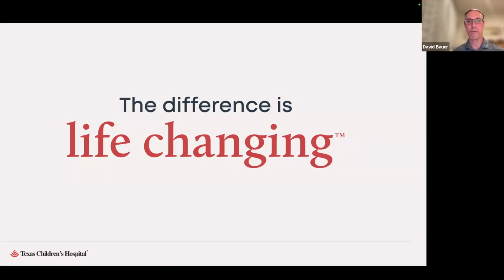The bar to be accepted by the journal is pretty high, and so it means that multiple of my peer surgeons have read the article and believe it's worth publishing. So that's high quality